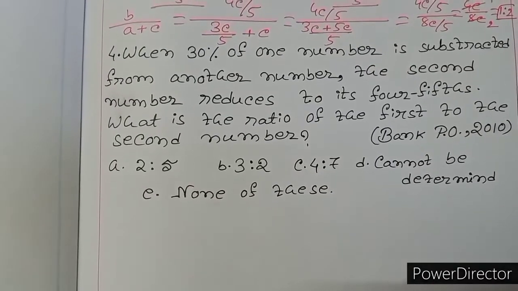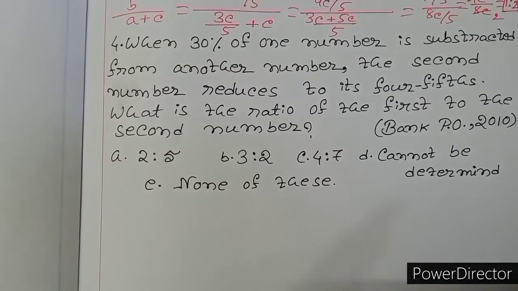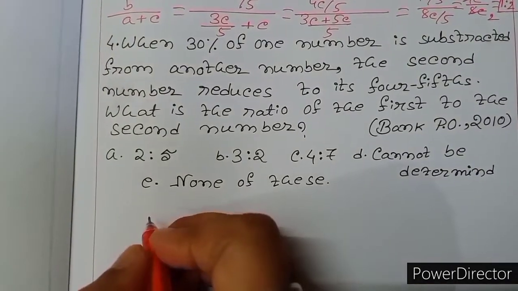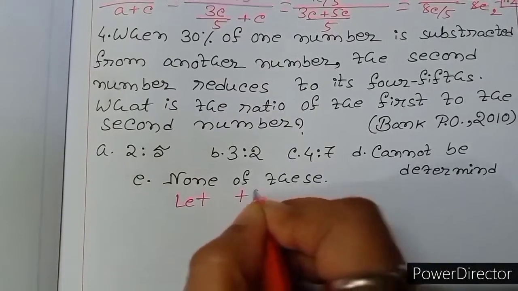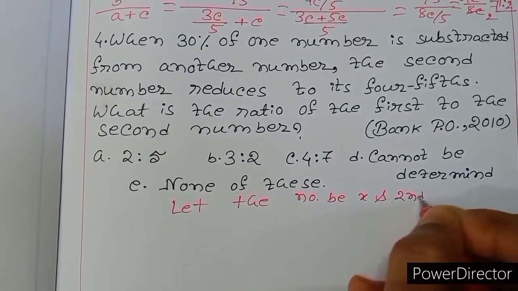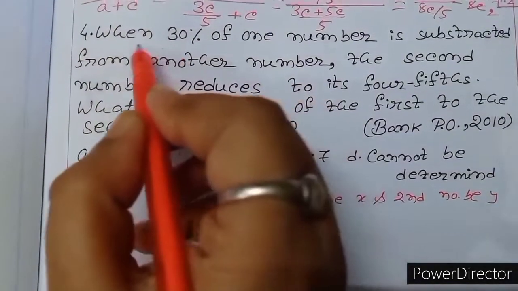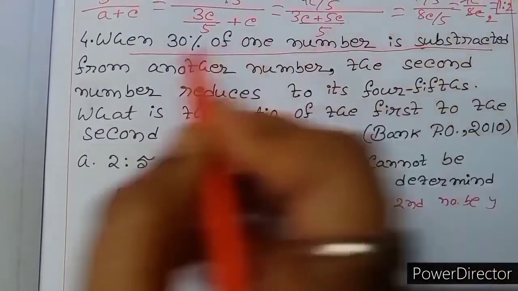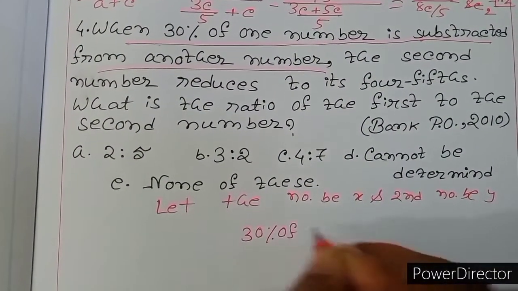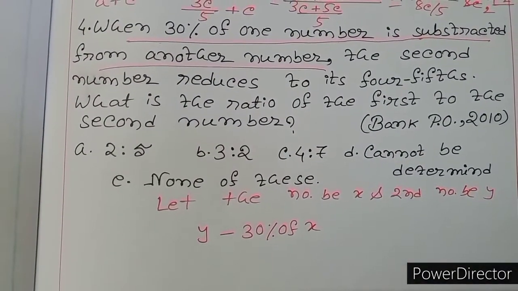Next question. When 30% of one number is subtracted from another number, the second number reduces to its 4/5. What is the ratio of the first to the second number? First we assume. Let the first number be x and the second number be y. Now, 30% of one number is subtracted from another number. 30% of x we subtracted from another number, means y minus 30% of x